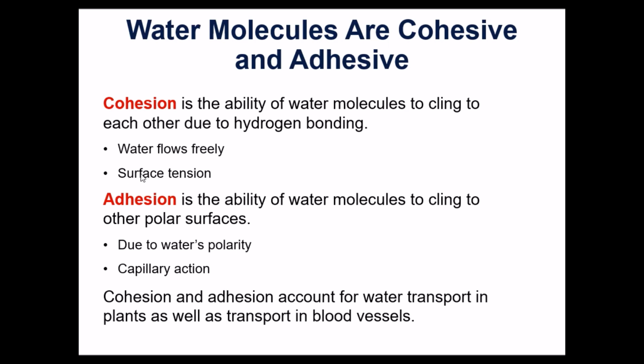Also is why water creates a lot of surface tension. And so surface tension creates some tension along the surface of a body of water. Maybe you've seen things floating on water, or like an insect skipping across the water because of the high surface tension of the water there.